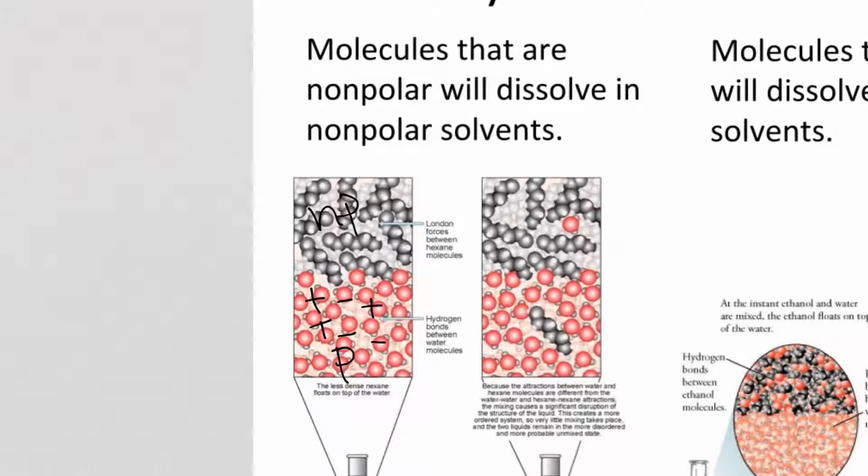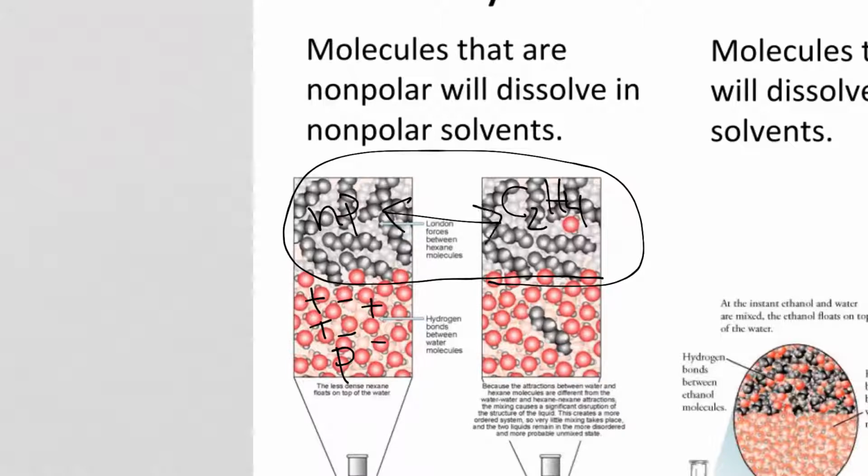However, nonpolar with nonpolar is a different story. So with the idea of nonpolar, if I were to say, would these mix? And let's say this is, what's another one? I don't know, C2H4, ethene. These would mix together because if they're both nonpolar, they're going to interact as if they were the same